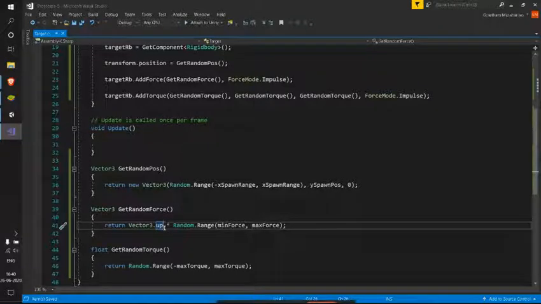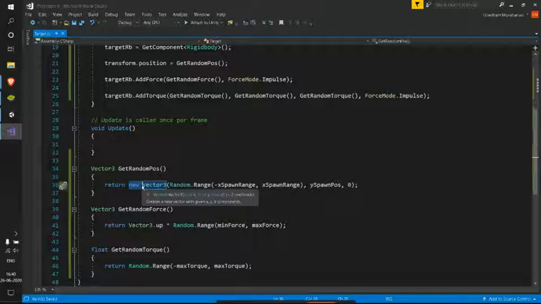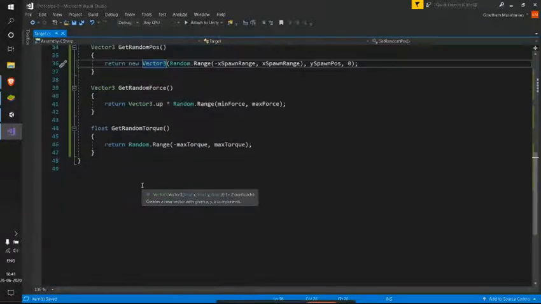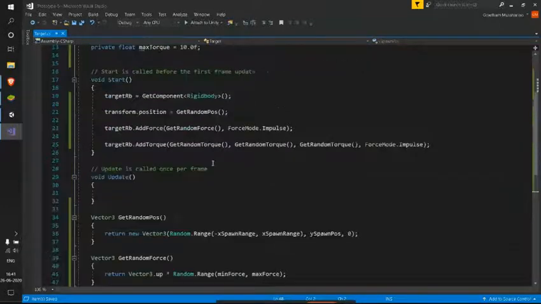We are amplifying this vector, changing it and returning, whereas in this case we are generating a new vector on our own. So in this case we needed this new keyword to generate this variable and return its value. So with this, we made our code clean.